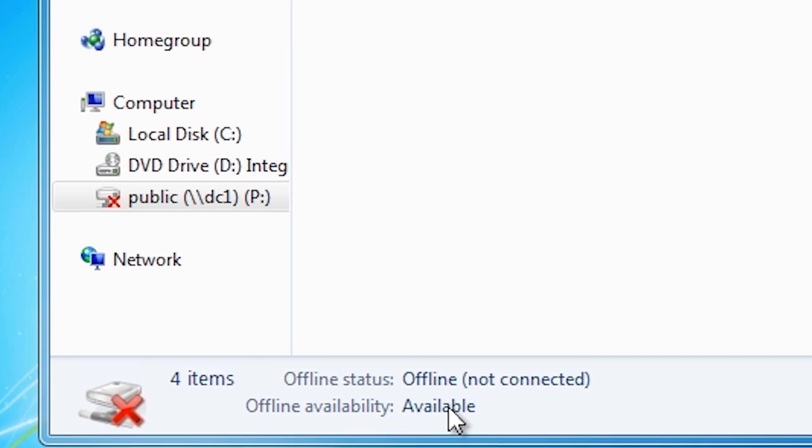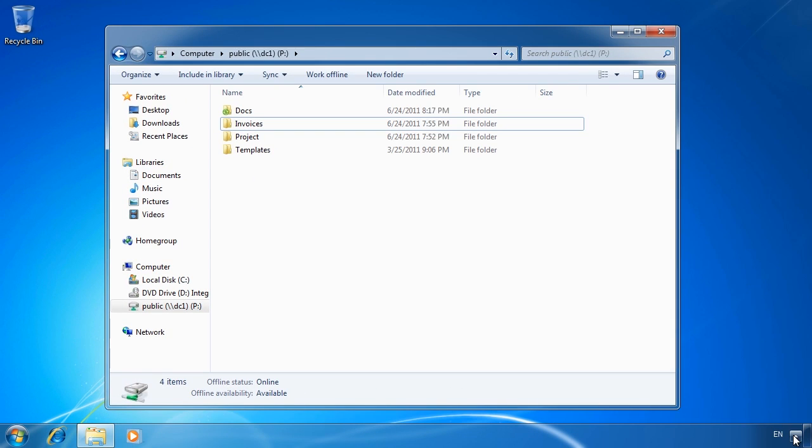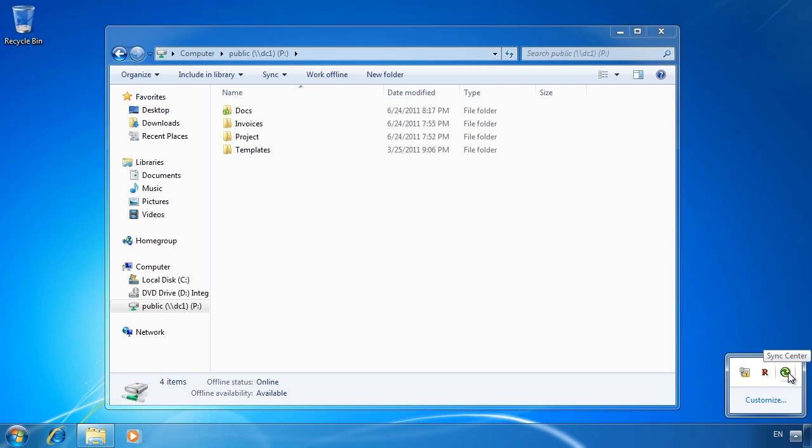Notice down at the bottom that the offline status is not connected. Windows 7 will check to see if the connection has come back every 2 minutes. I will skip forward in the video so we don't have to wait. Now that the server is back online, I will select the Sync Center icon from the system tray to open